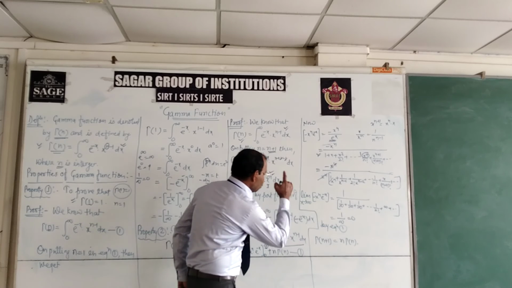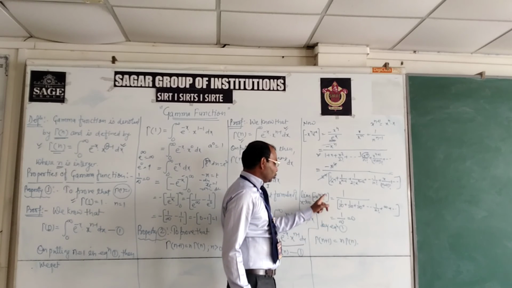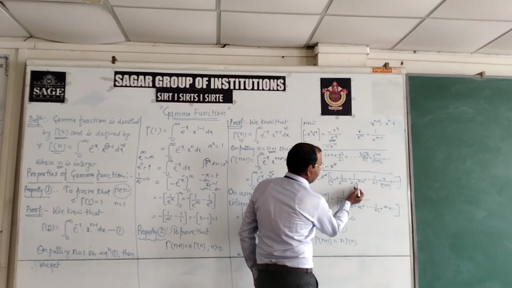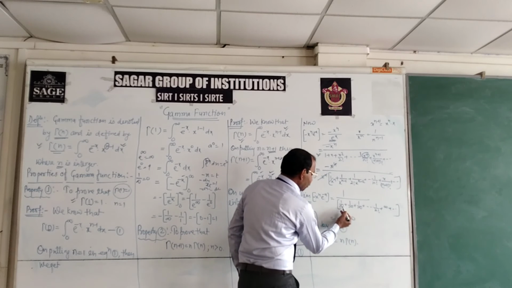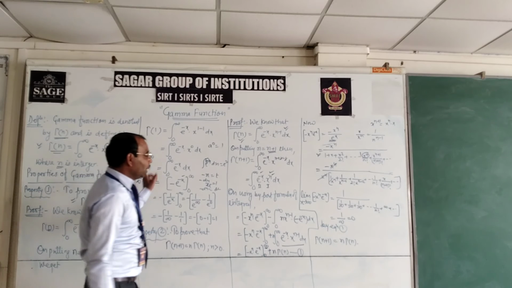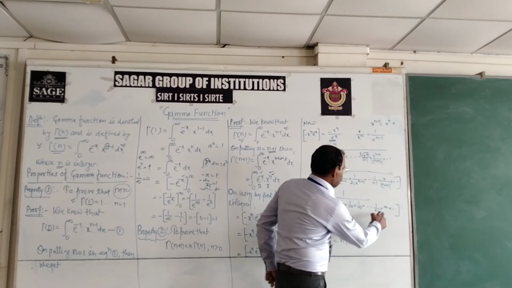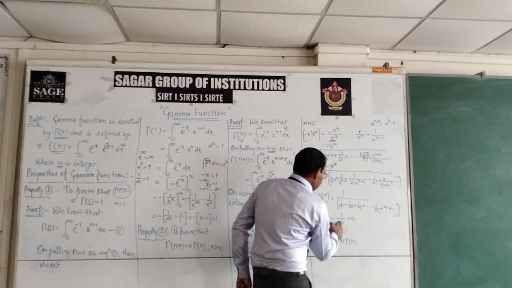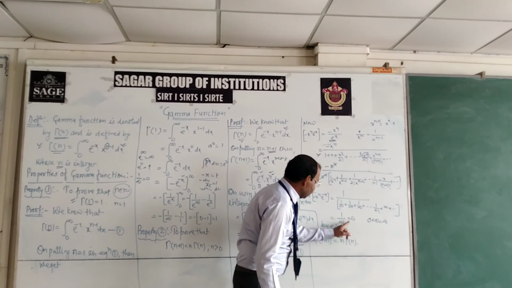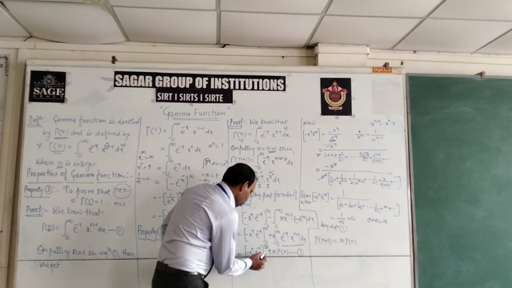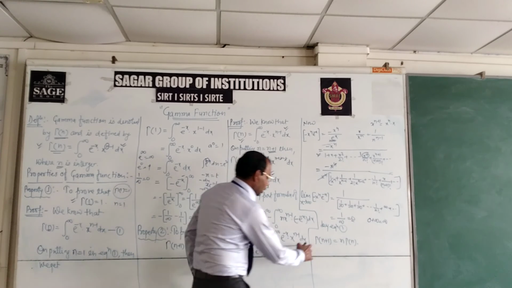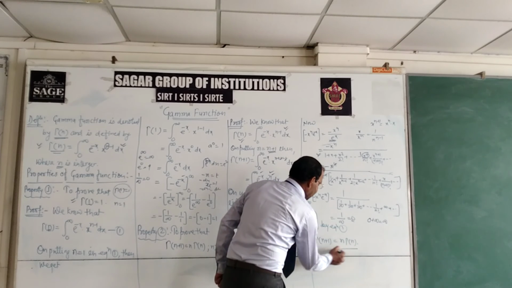The important term is the limit x tends to infinity of minus x to the power n e to the power minus x. Here 1 upon infinity, infinity, infinity, and infinity. So 1 upon infinity is 0. Here we discussed that 1 upon infinity is 0, and infinity upon this is infinity. So 0 plus infinity is infinity, then 1 upon infinity is 0. So here, when we put the limit, this will be 0. So now we have gamma n plus 1 equal to n gamma n.